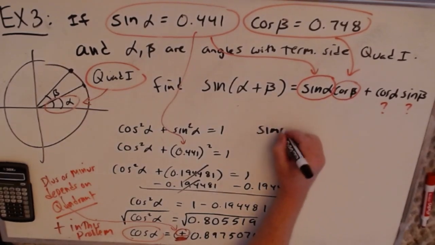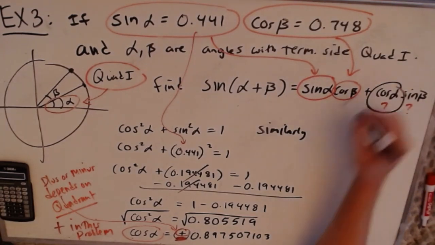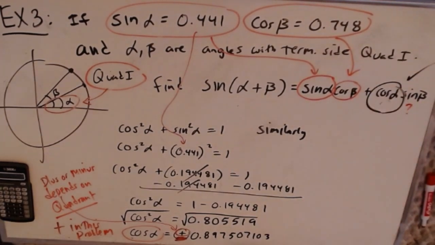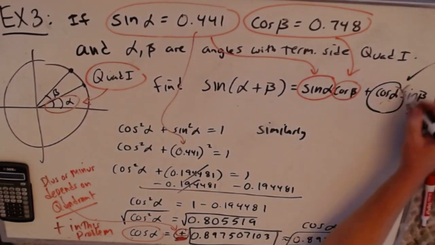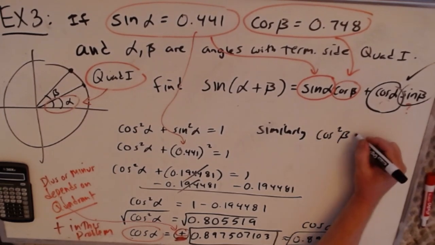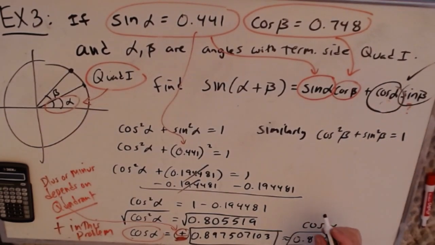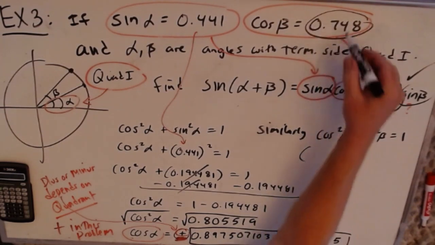Okay, similarly, by the way, now we know cosine alpha. Check, we got it right here. I'll probably round it in a minute. I guess I'll go to 4 decimal places: 0.8975. That's cosine alpha. Now I need sine beta. So I've got cosine squared beta plus sine squared beta equals 1. I know what cosine beta is. That's